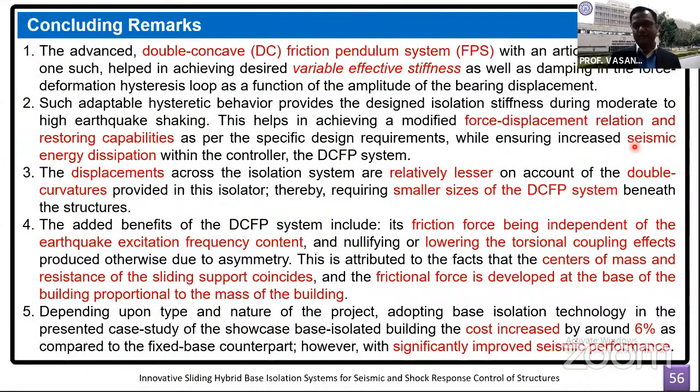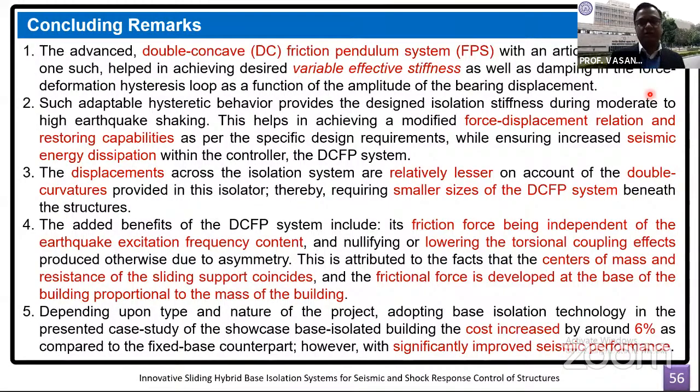So with this, I conclude my presentation today, where I wanted to take you through a real life project where the double concave friction pendulum isolation system has been used with articulated slider, with or without variable curvature and variable stiffness. Here we did not use the variable curvature as such. This has helped us in achieving a force displacement relation that we wanted to achieve with certain restoring capabilities